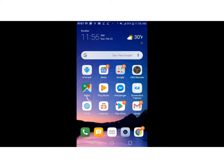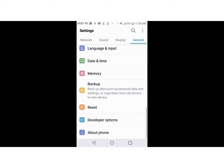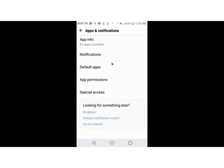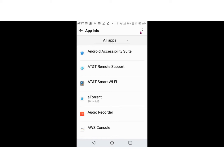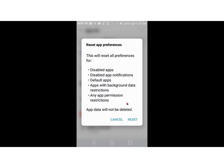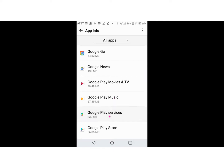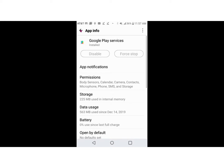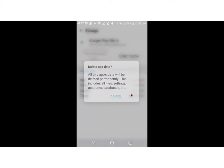But to solve that issue, you'll want to go to your settings, and in settings you'll go to general, you'll go up to your applications, apps, notifications, go to all apps. Make sure that you're in all apps up here, and you'll reset app preferences. It'll reset all the app preferences, and then you'll go down to your Google Play services here, or was it Google Play Store? Once you get into Google Play Store, you'll go down to your storage and you'll clear data. You'll clear your cache,